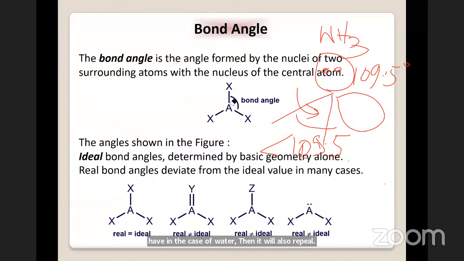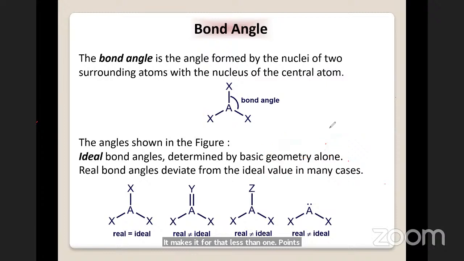So that further repelling makes it even less, further less than 105 point something, further less than 109.5. So in any case, what that is trying to tell us is that when you have species that will create electron pair repulsion,